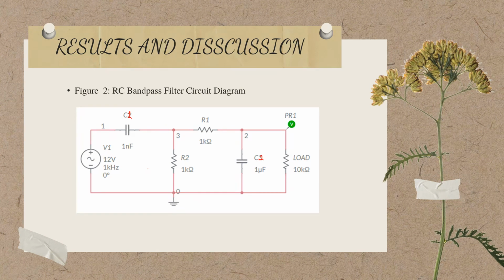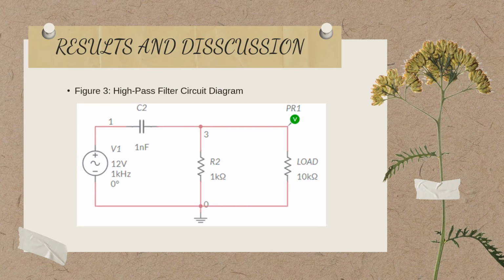Next, there are 3 resistors in the circuit, 2 resistors R1 and R2 with both 1K ohm set at the middle of the RC circuit between capacitor C1 and capacitor C2, and resistor RT with 10K ohm that acts as load located at the end of the circuit parallel with capacitor C2 as shown in figure 2. Based on the figure 2,